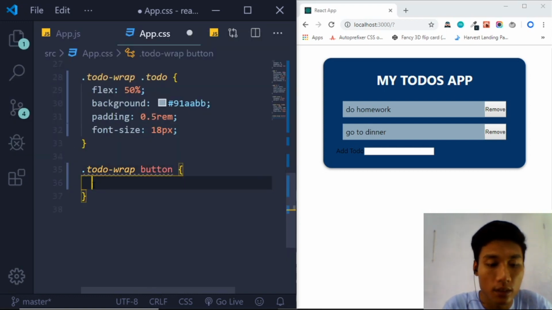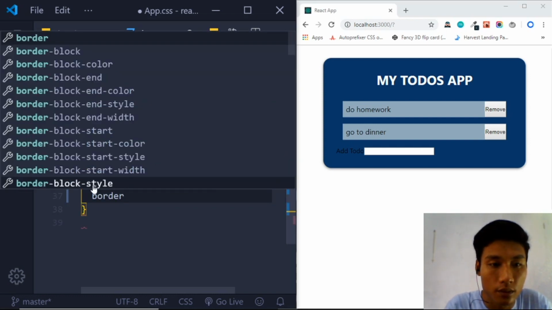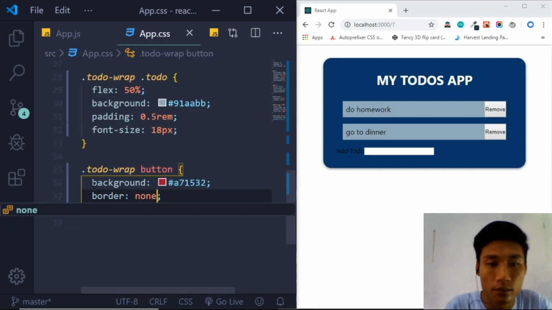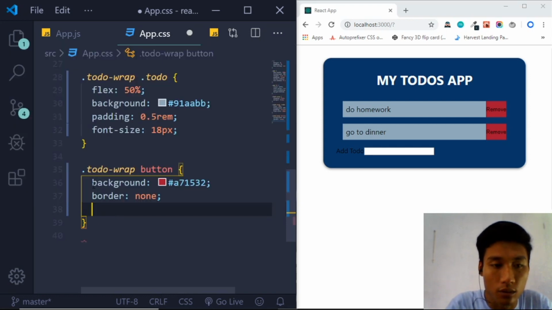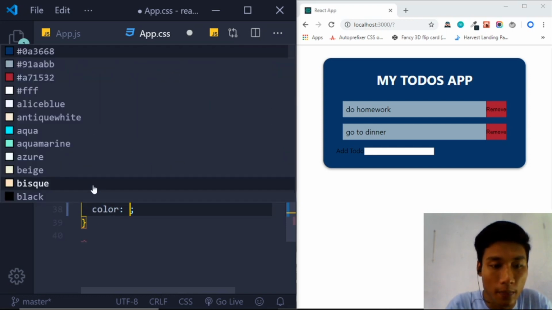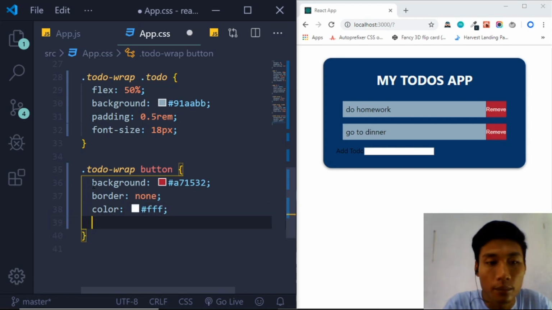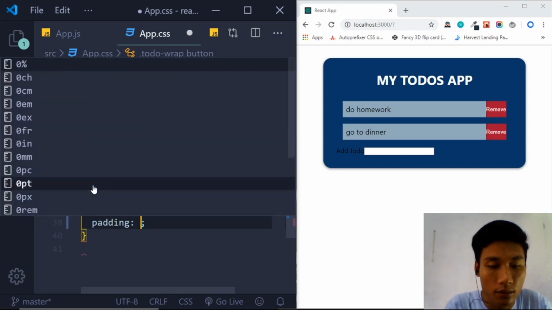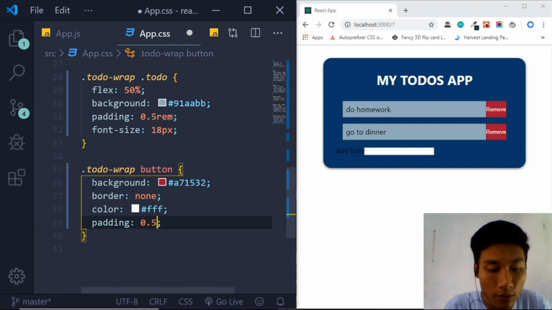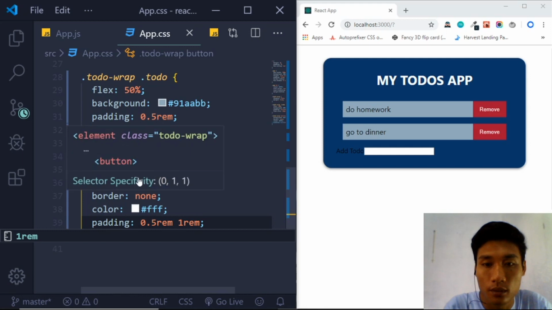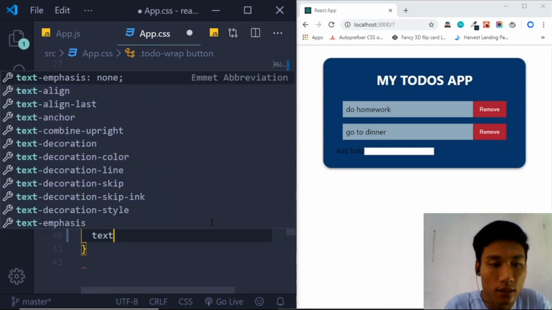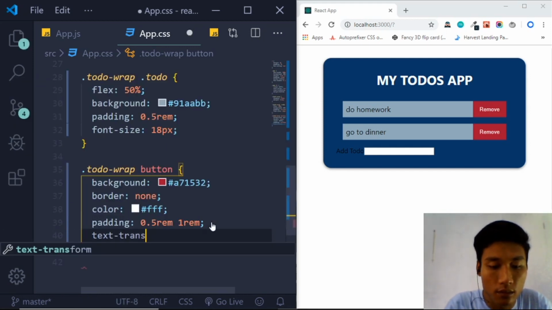Okay, let's change the background to this color and remove the border, none. Alright, and text color white, padding for top and bottom 0.5 rem and left and right 1 rem. Save, cool, and change the text transform